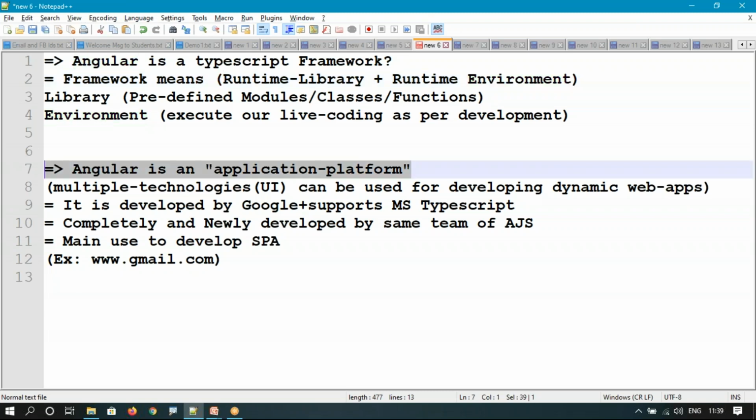So one more thing. Now we understood that Angular is a TypeScript framework. Now we'll try to understand